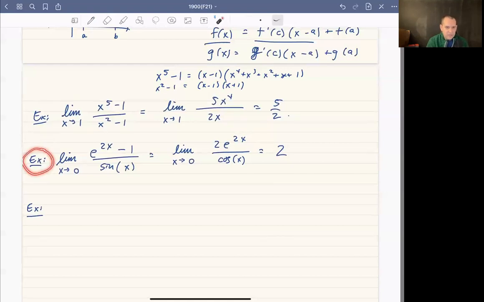This one, though, you can't do algebraically. There's just no nice way to do that, at least without some clever algebra. You could conceivably think about the limit definition of e to the x, but there's a lot of thinking involved there. So this is one where by far the easiest way to do it is L'Hopital's rule. Okay. Let's look at